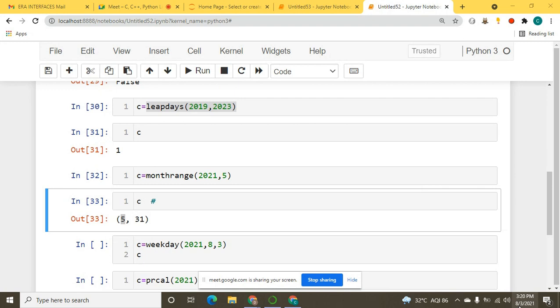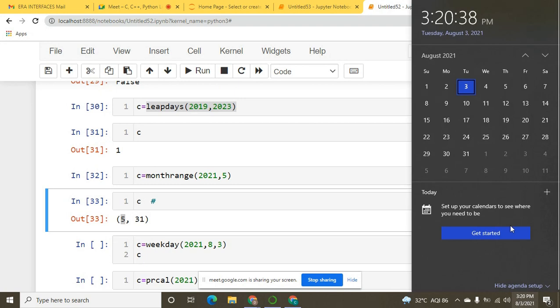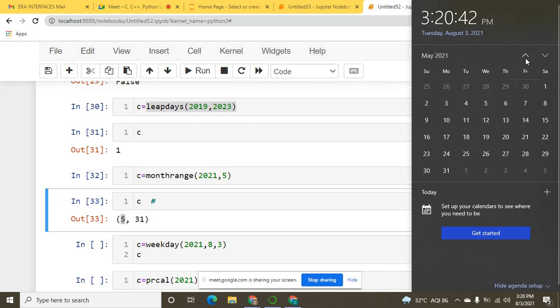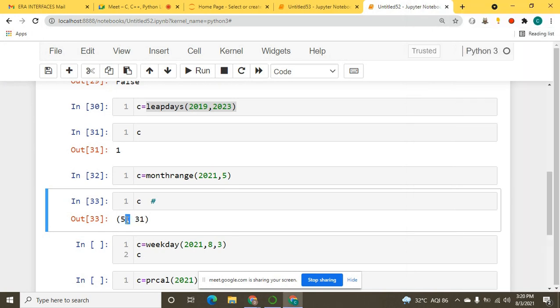Okay, let's have a look. This is your calendar for May, right? And in May, you can see that your first was on Saturday. That's why it told you that 5 means Saturday. The first day of that month is Saturday.